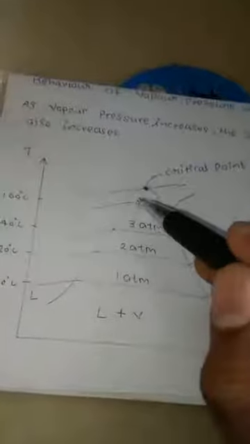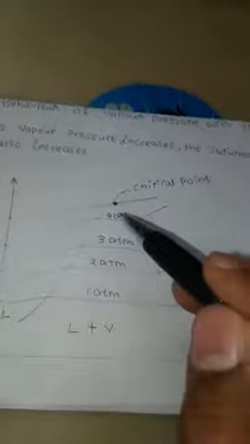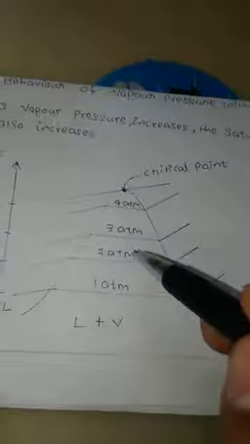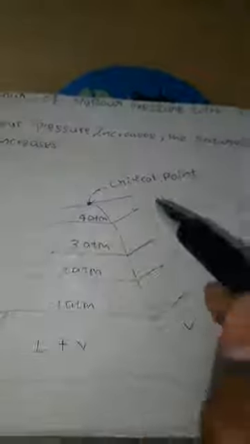You can see from the graph that as the pressure is increased from 1 atm, 2 atm, 3 atm, 4 atm, the content of the moisture, that is the mixture of liquid and vapor, is decreasing, and at some point there is direct conversion of liquid to pure vapor. This point is known as the critical point, where there is no presence of latent heating or moisture content.